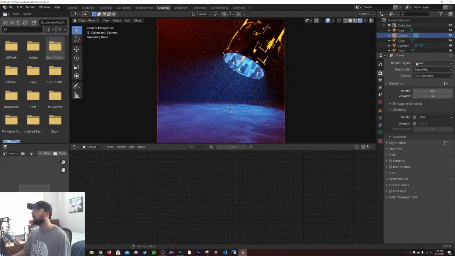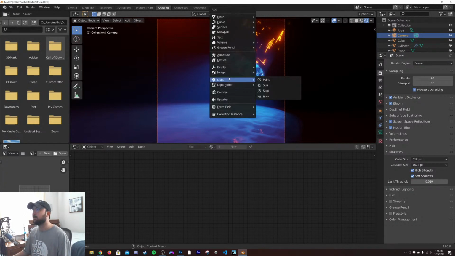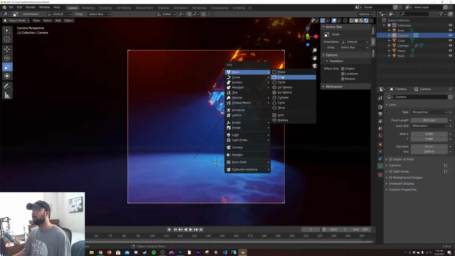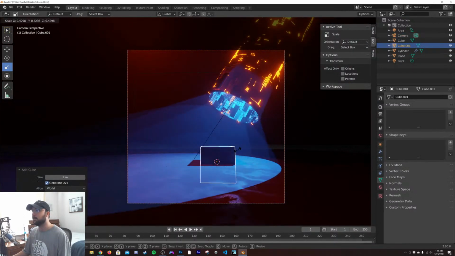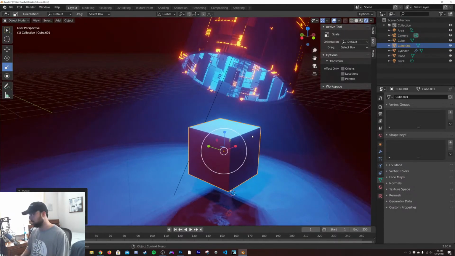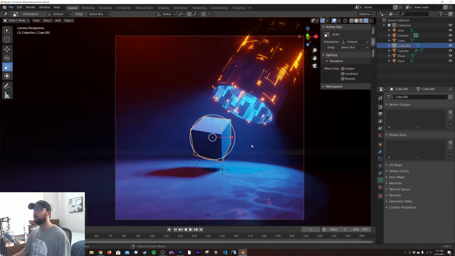But I have an idea for what I want to do for this middle piece. That'll go as sort of the main focal point. So I want to do kind of like a monolith in a way. I think that's the way you pronounce it. It'll be not really a monolith, but it'll be a cube like this. Like that. It'll be kind of meta. It'll be a Blender joke.